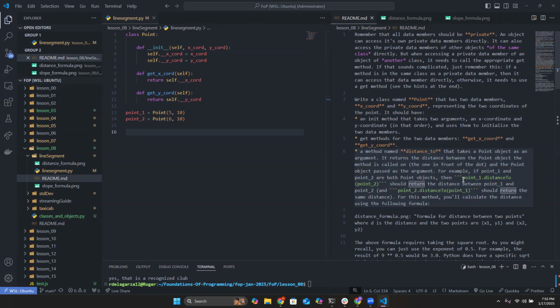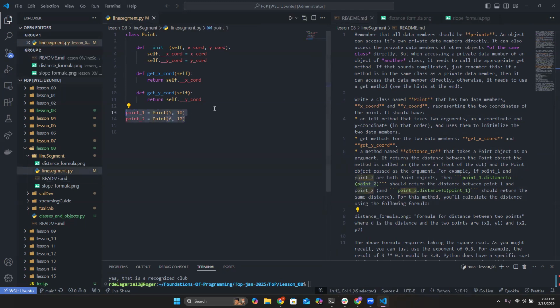We have an example where we can say something like point 1, which would be this one, is going to call a method called distance to, and we see here that this distance to method takes a different point as an argument, and it uses these 2 points to identify what is the distance between them. So how does that work? Well, both points should be able to do the same thing, vice versa. So this is a class method, so it should be called distance to. We need self, and it's supposed to take in a point object,